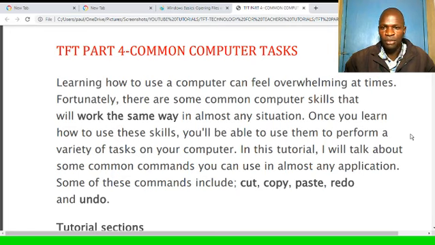We have Microsoft Excel spreadsheet, among other applications. So some of these commands that we learn in this tutorial include how to cut, copy, paste, redo, and undo actions in an application.